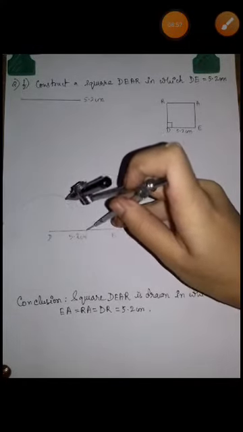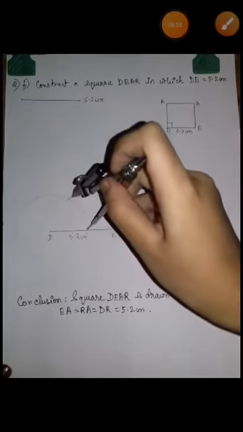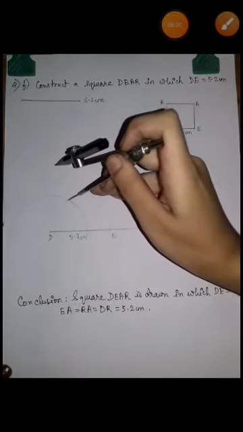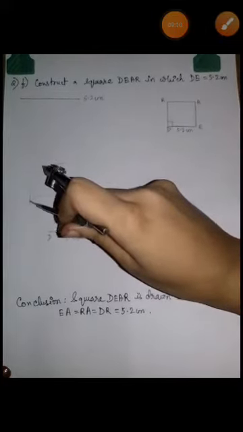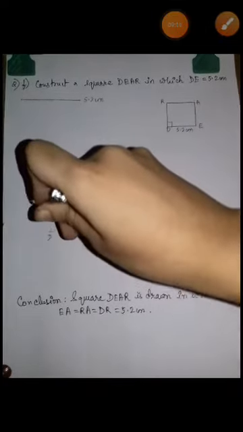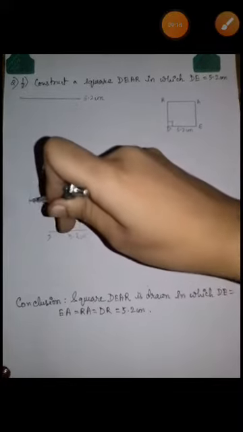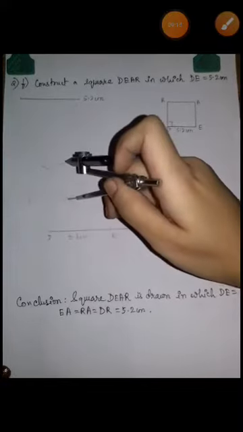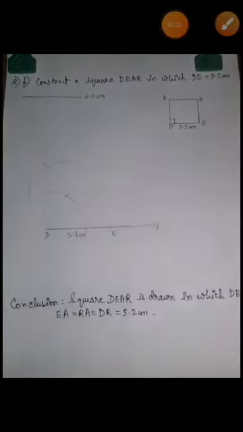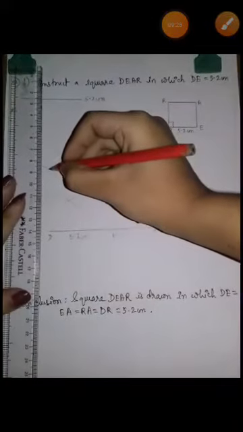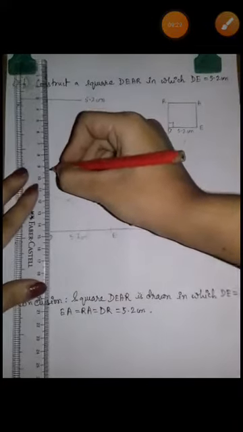First draw an arc, then place the pointer here and cut once. Again place the pointer here and cut in this way. And you are cutting on top. Place the pointer in this way and this way again you are cutting. Children, make sure that you use your compass only for drawing the angles. No protractor will be allowed. Now you have got the 90 degree angle.